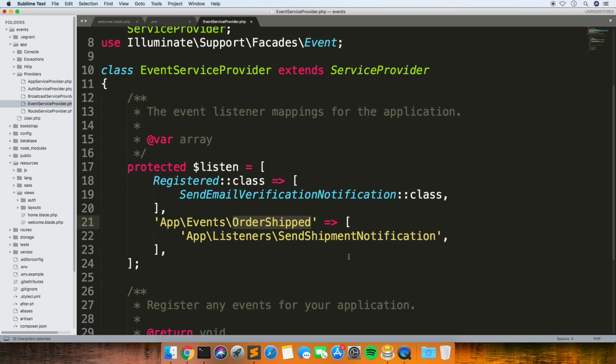So my event's just going to be called user registered. And then I'm going to call my list, I might put event on the end. Just makes it easy to know what you're dealing with. And then my listener, I might just call it send welcome email. I like to put listener on the end as well. It just makes it easier to distinguish between them.